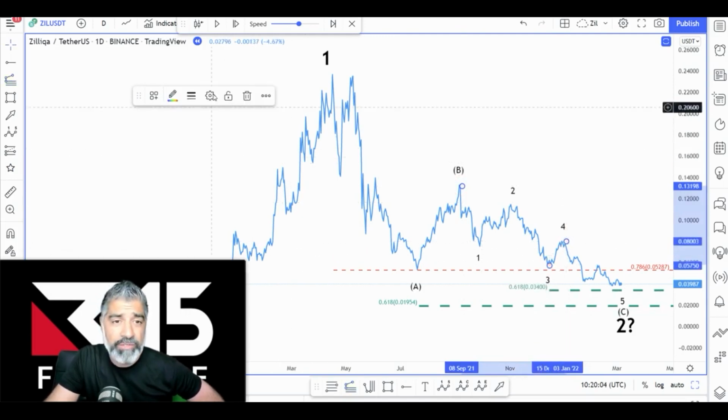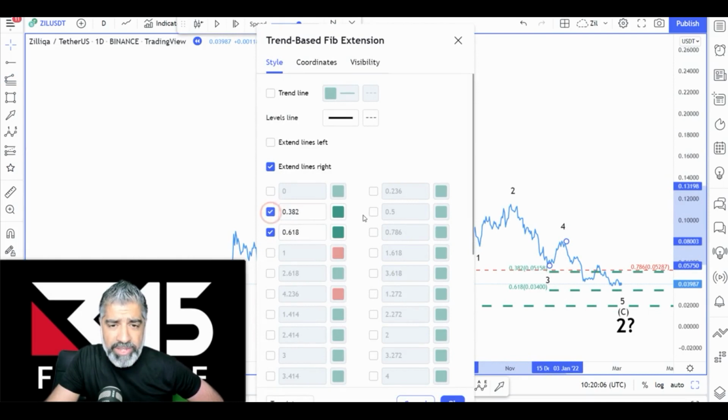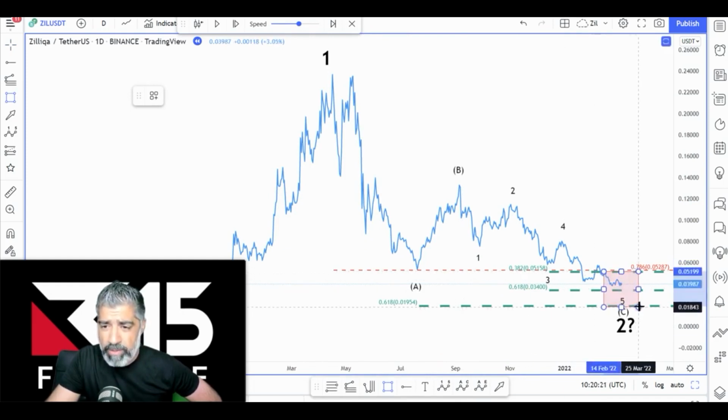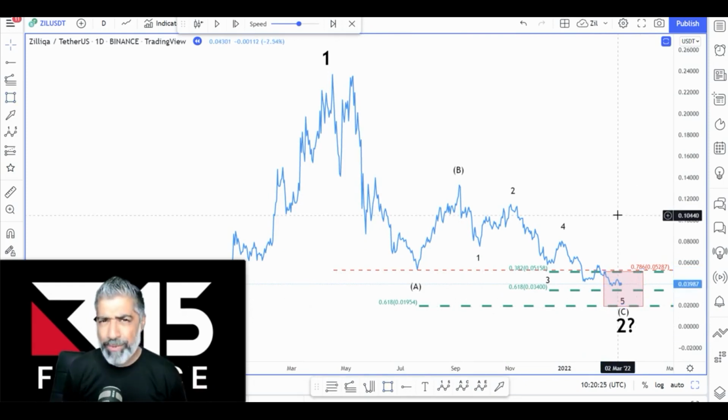And the 3 ratios for an end of wave 5 are 38, 62, and 100%. Now we can see that the 38 and the 62 are right within the current range. So these are very significant. So now we have this very clear zone of Fibonacci price. So now we've got very valuable information that's objective and mechanical before the market's taken off,